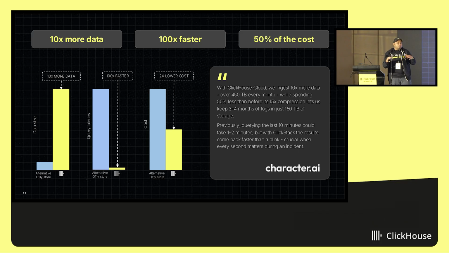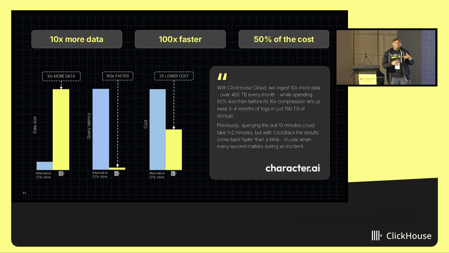After moving onto ClickStack, the first thing they were able to do is capture 3 to 4 months worth of data. What this enabled them is to look at long-term trends of what's happening, and then start looking at repeated patterns within the data, given that now they're able to capture larger volumes of data. The next thing is the engineers are not spending minutes, they are spending milliseconds to get a response. And the last and most important part was the system was very efficient, so they were just paying 50% of what they were previously paying the previous vendor.